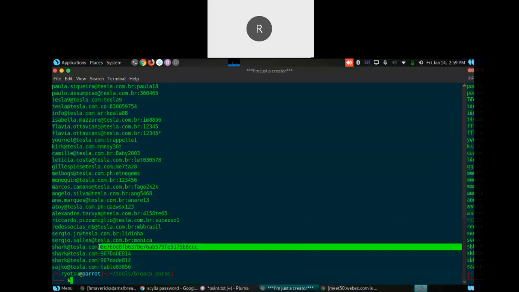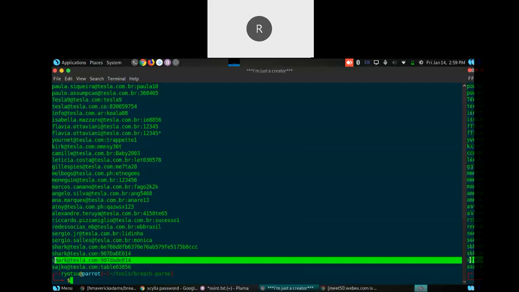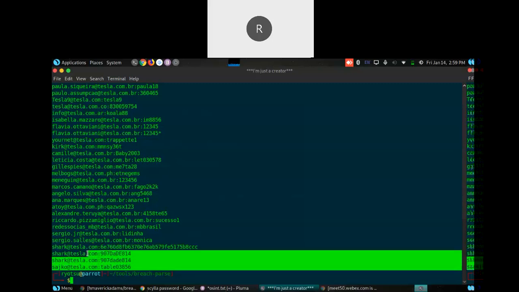This can't be a password; I don't think this is a password. This is an encrypted form of the password, which you can try to decrypt. And these both can be a password, because both of them have some sort of same pattern: 907D8DE8147 and 907DADE814.